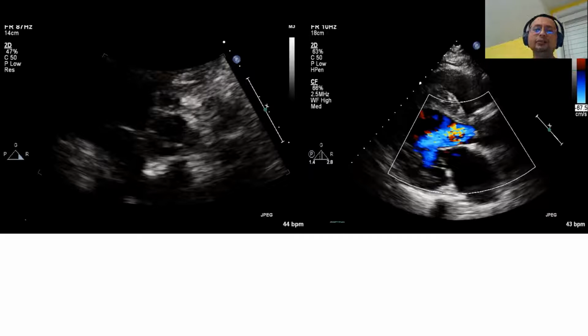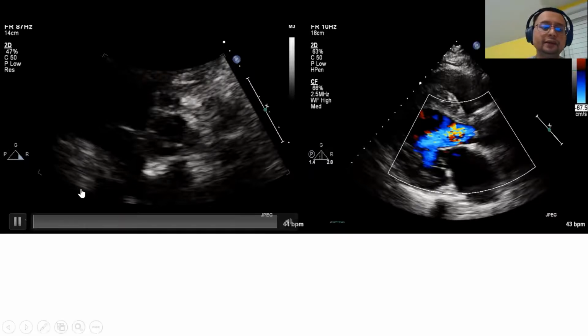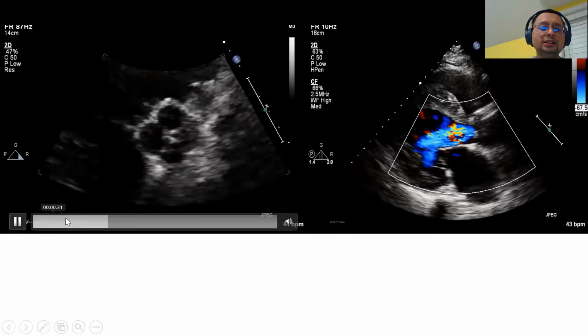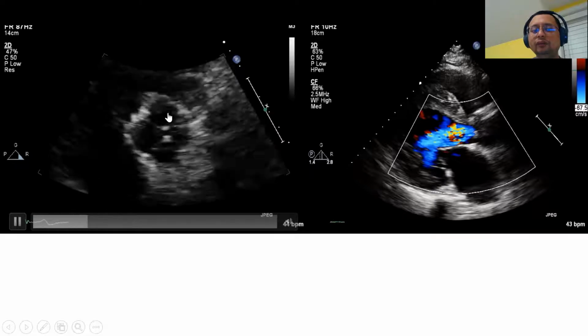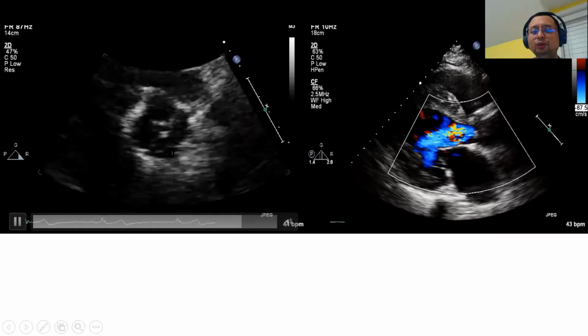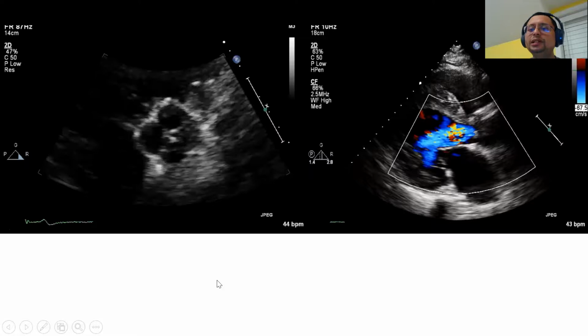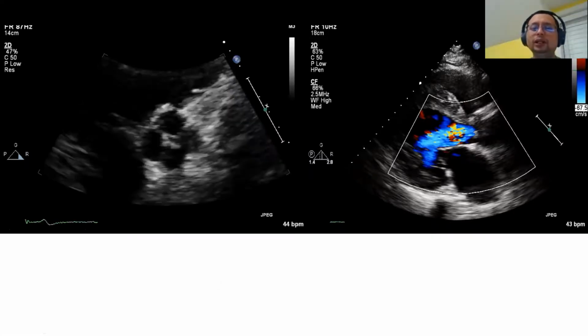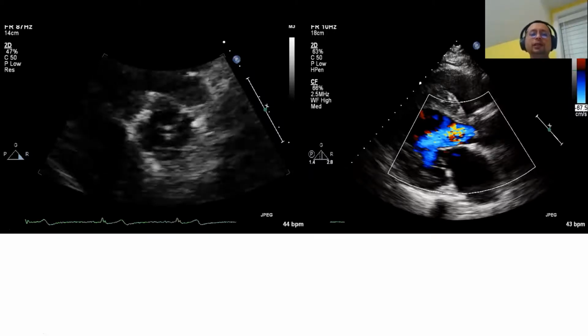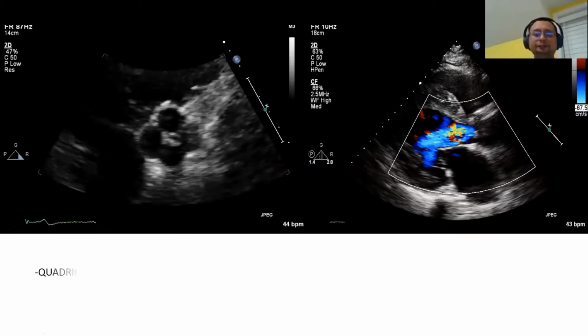And we have to ask ourselves as well, why does this patient at such a young age develop severe aortic regurgitation? And of course, our answer is provided by this echocardiogram. You can see that this patient has 4 leaflets of the aortic valve. So 1, 2, 3, and 4. So this patient has quadricuspid aortic valve. Patients with quadricuspid aortic valve most commonly present with severe aortic regurgitation at a young age.